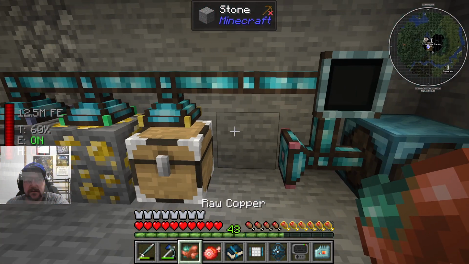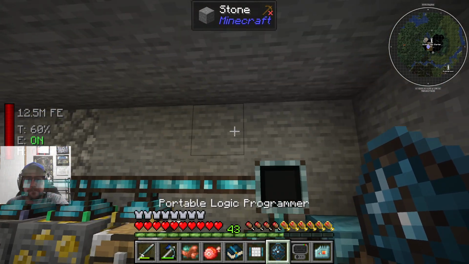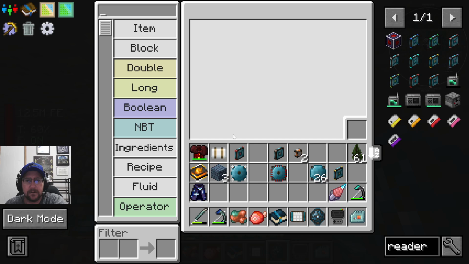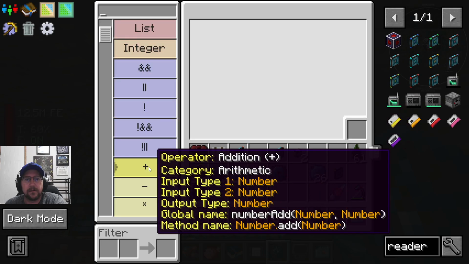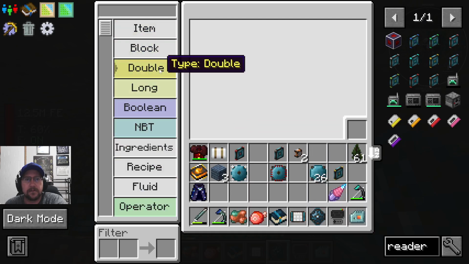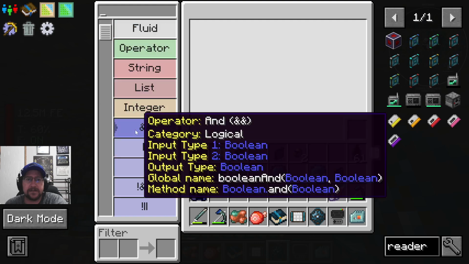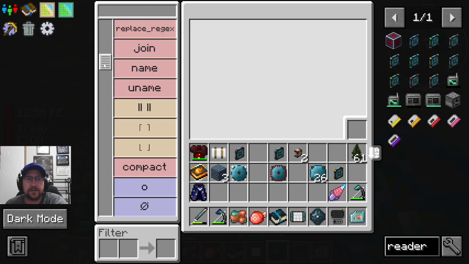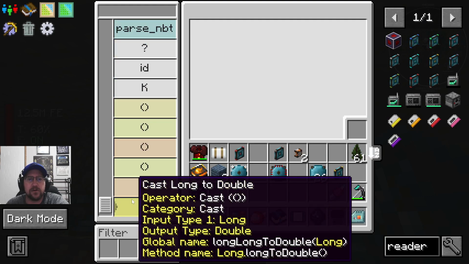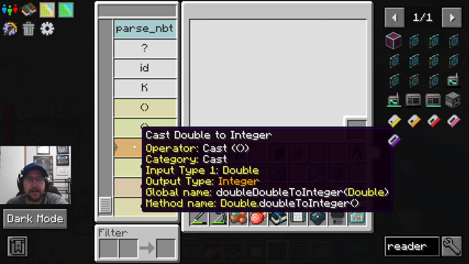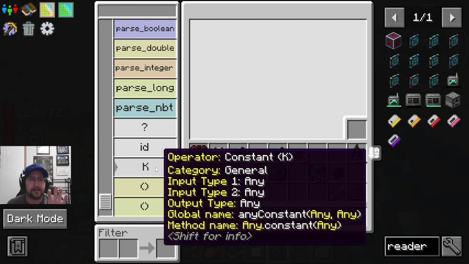In order to do that, I'm going to have to go into the Portable Logic Programmer. The Portable Logic Programmer can give you more information about the item. Like this is a lot. They added so much stuff to this. That's insane. I don't even know why there would be all these different. I don't know anything about programming, so I can't get into that. But you can look up